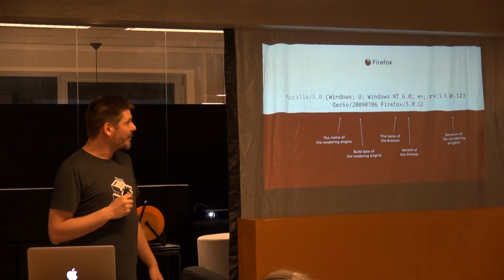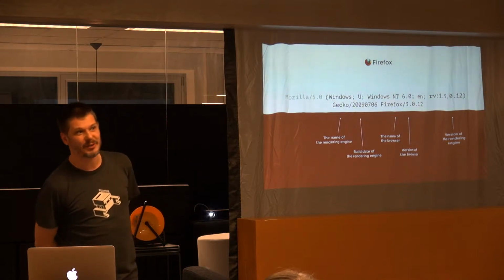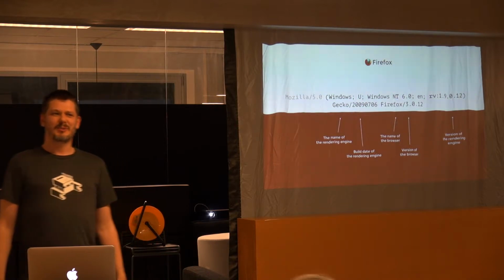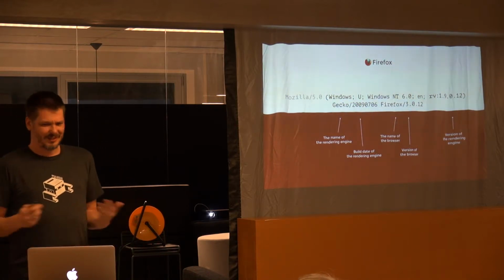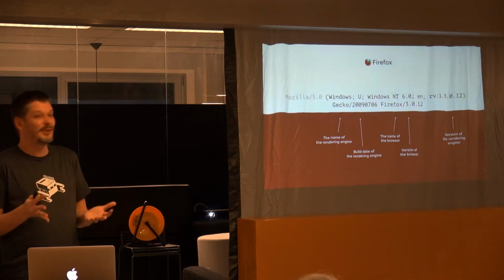Yeah, when people started using that build date to determine if the browser supported certain features or not, that caused a problem, because the date doesn't say anything about which version it actually is.